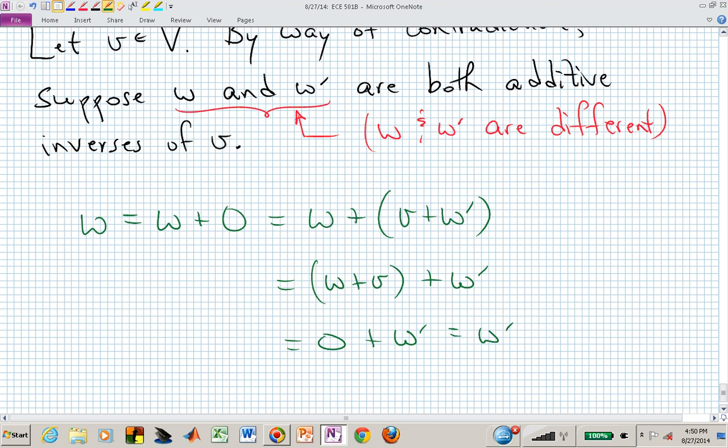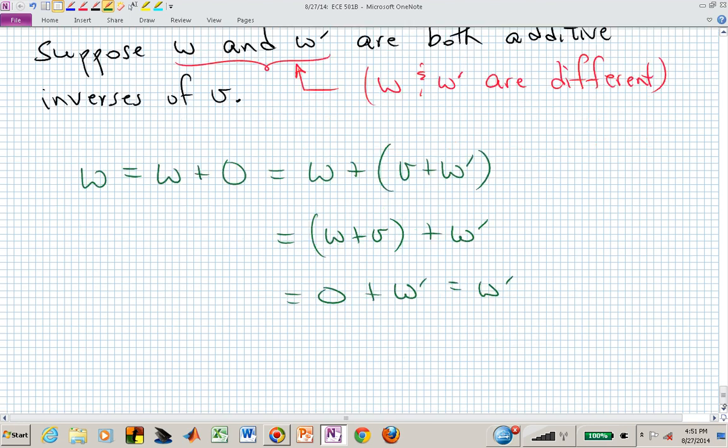And now we've concluded, therefore, W is equal to W prime. They're not different. If you give me W, that's the same as W prime if it's an additive inverse. So this is a contradiction of what we assumed. We assumed they were different, and now we've just shown they're equal. A contradiction